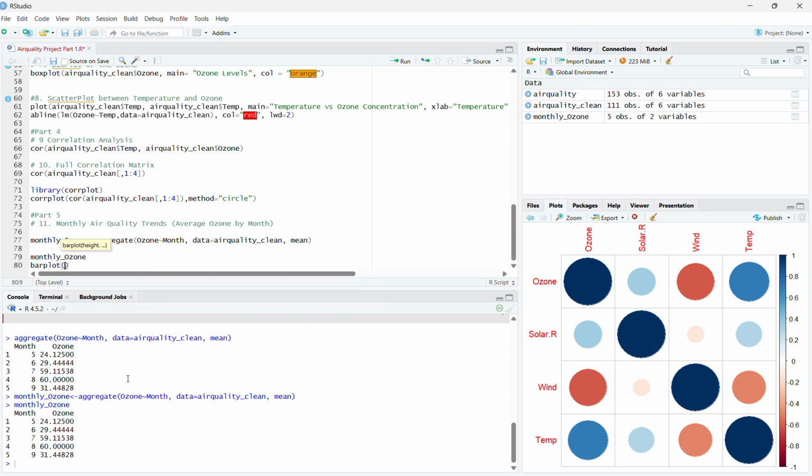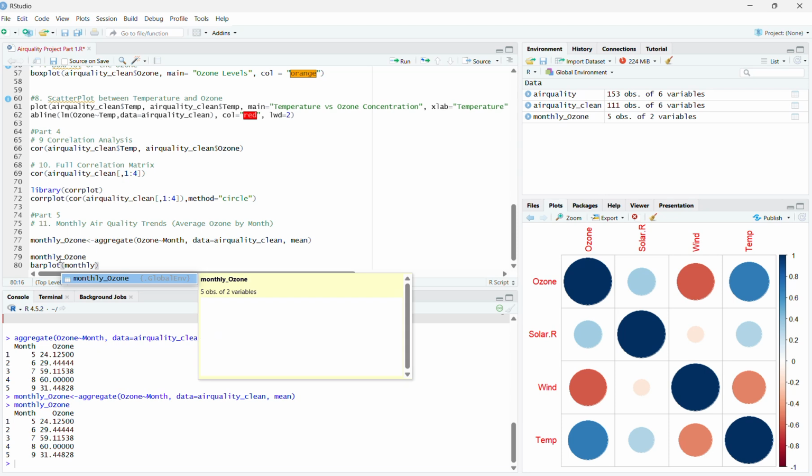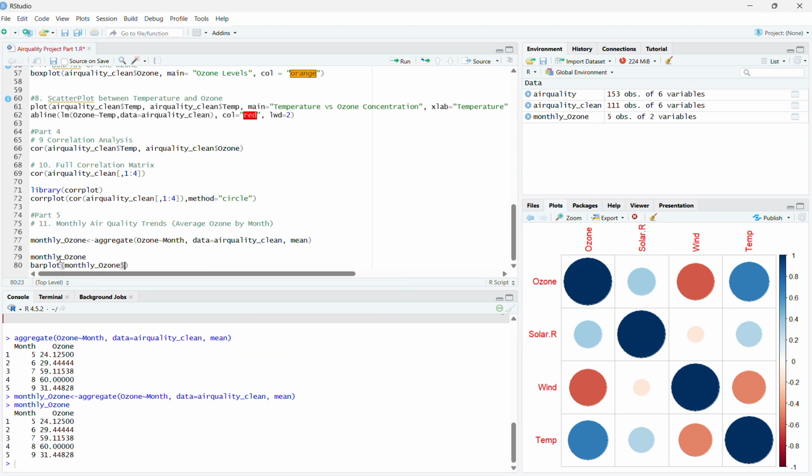I call barplot. Now we see that we have month and ozone here. So a bar plot of monthly ozone. And then I'll call the variable ozone because we only have two variables here. First one I'll call ozone, and then